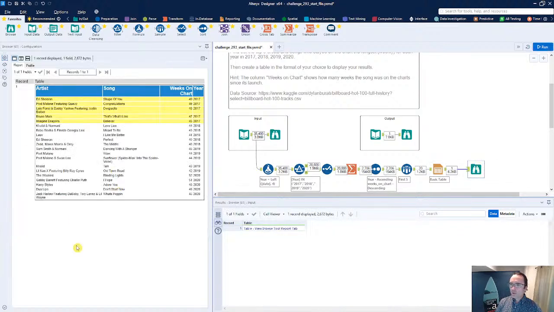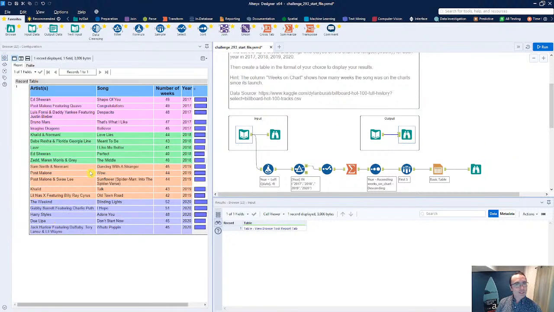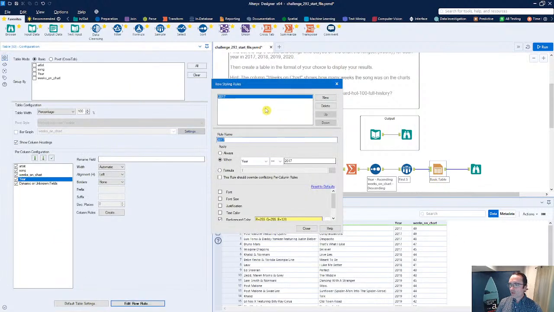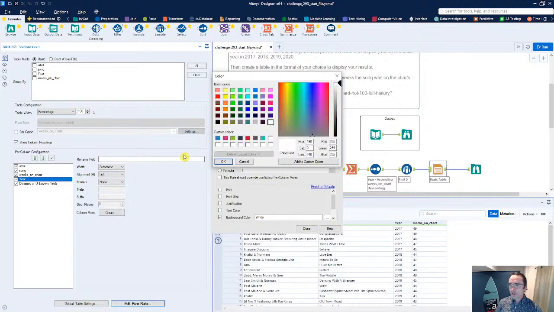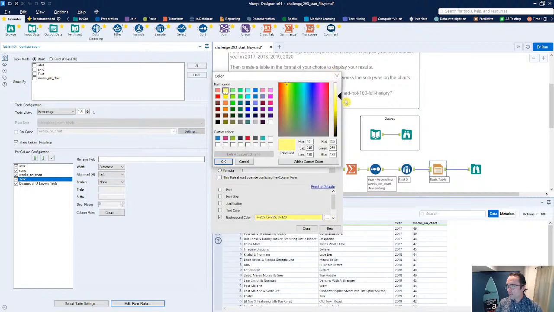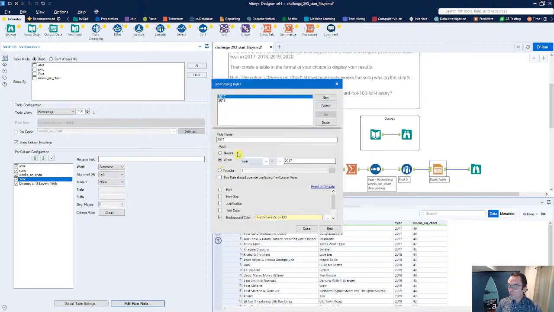All right, so here we go. Now we've got those row rules. They are starting to take shape a little bit. Once again, our output, they're using some other customized colors in here. You kind of get the idea of where we're going with this, right? So now let's go ahead and create some more rules. Unfortunately you can't copy and paste rules at this time, but let's do a 2018. And this one, once again, we're just going to say when the year equals 2018. Let's change the background color in this case to something a little different, maybe a lighter orange here. I'm even going to go to my 2017. Let's lighten this up just a little bit as well, making it a little easier to read.